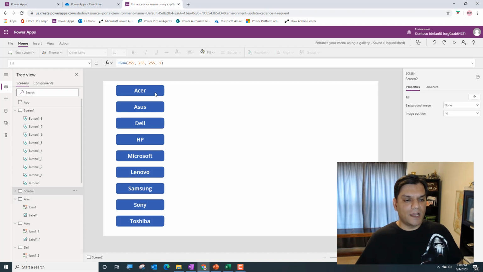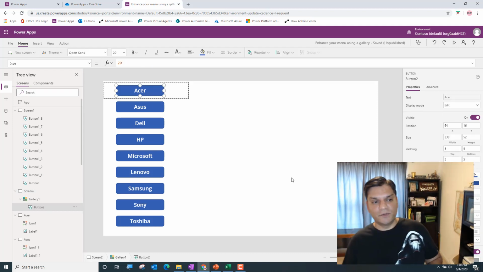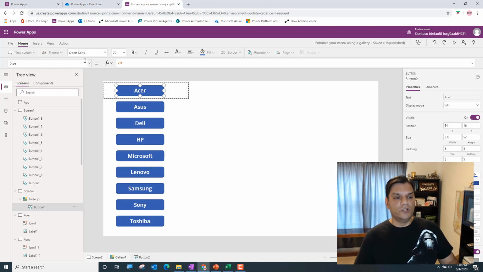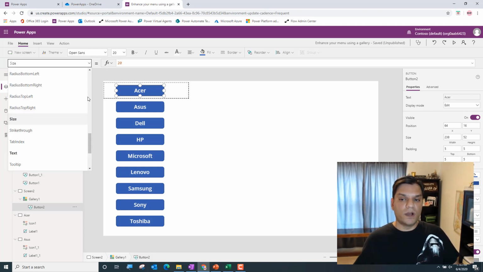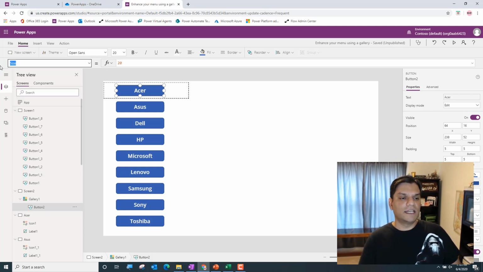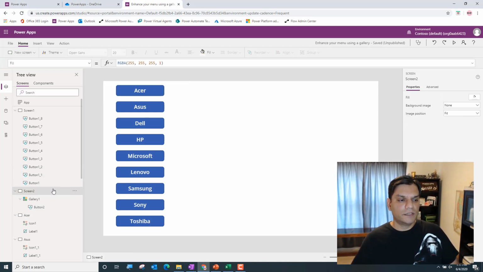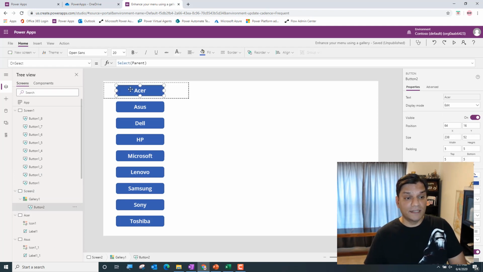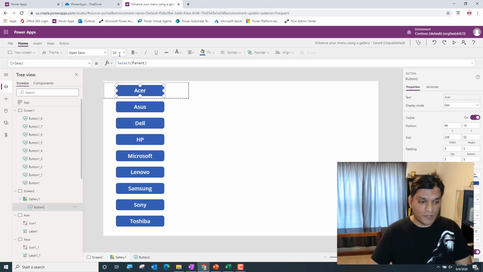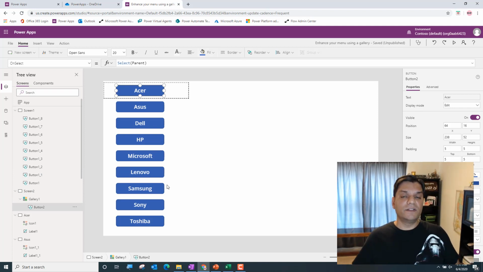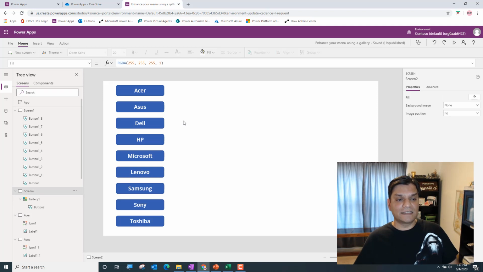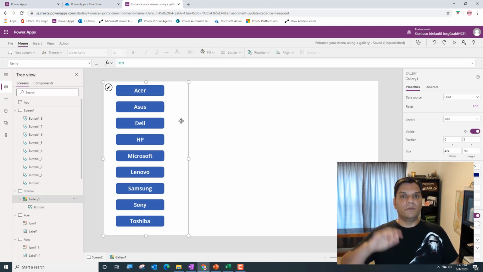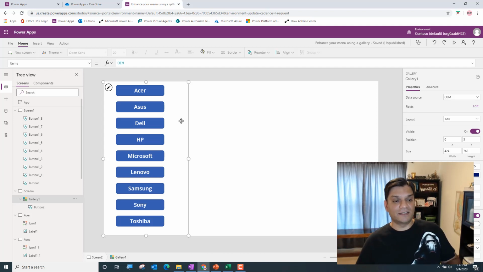Okay, so now we come back to what I said in the initial intro, that I'm going to do all of this with just one formula. What I mean is just applying one formula to this screen over here. So the trick is, don't go to each of the buttons and do it on select, because it's not going to work that way. Since this is a gallery level change, which means I want to make the change at this entire gallery, depending on which button you select, it will automatically navigate to that screen,